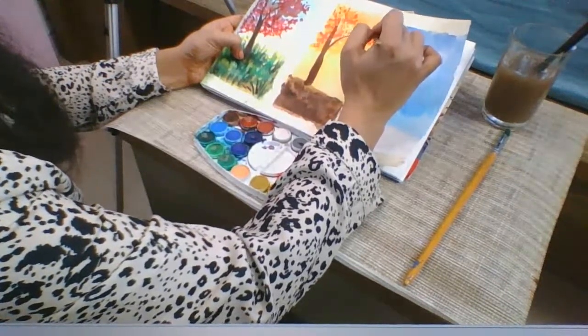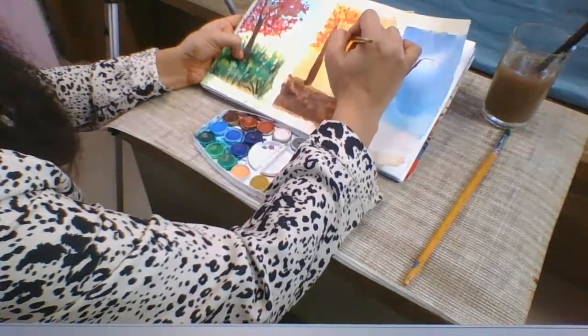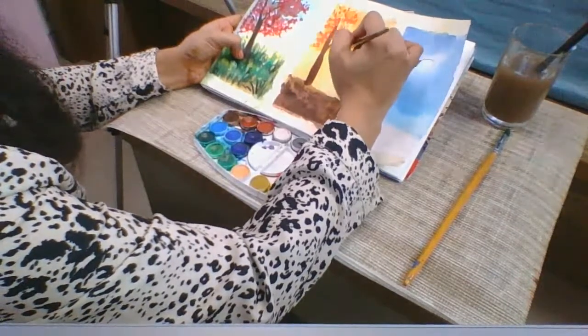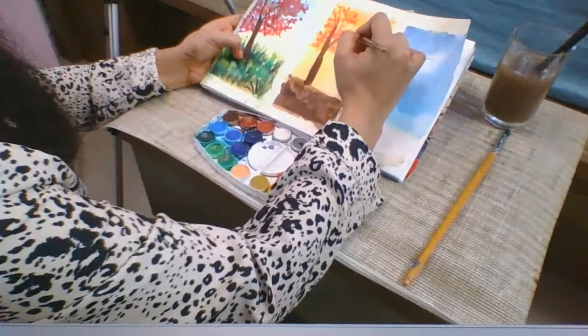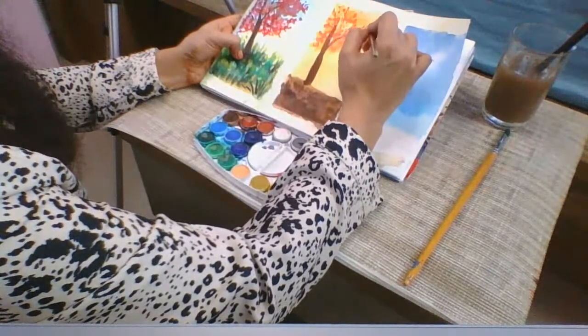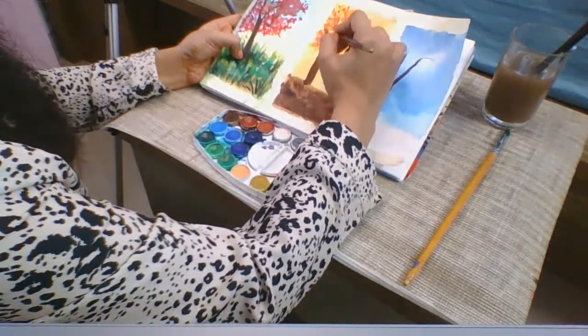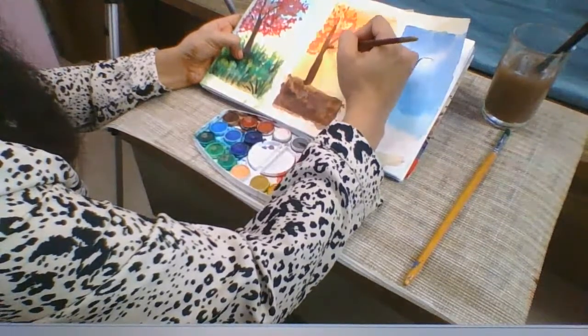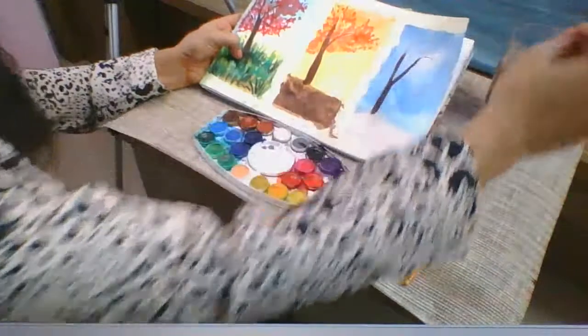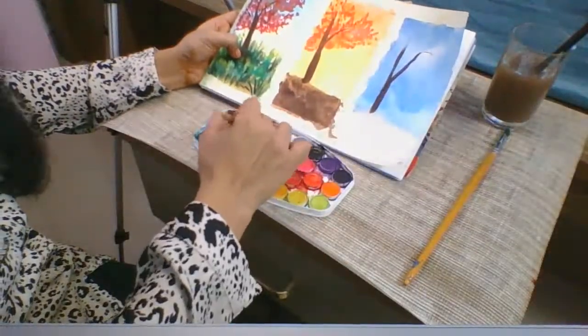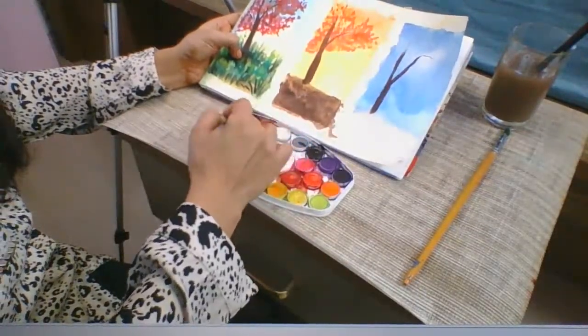You don't have to join all the dots, but just keep some space in between so that it looks like leaves. And after this, I'll take my brown and a mix of